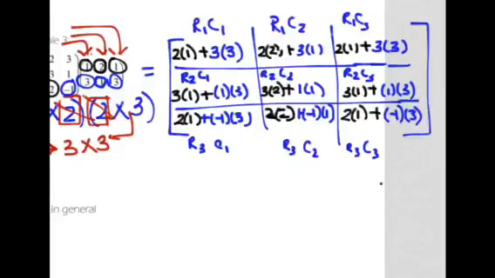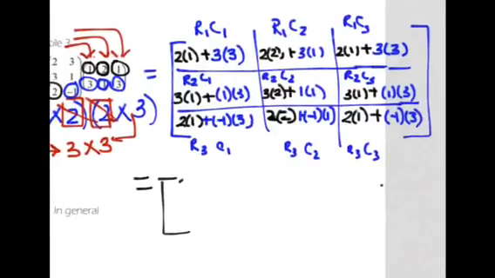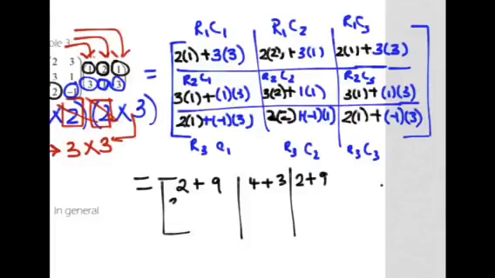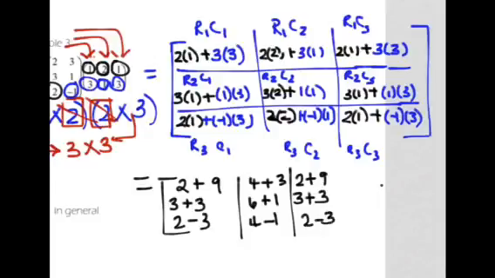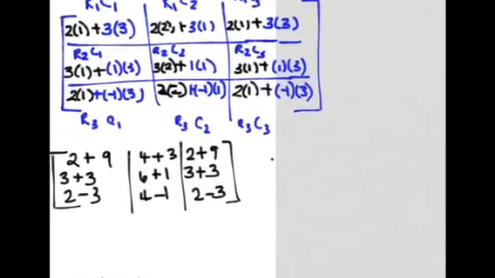Simplifying all of that, I may try to squeeze this in here. I don't think I can. 2 plus 9, 4 plus 3, 2 plus 9, 3 plus 3, 6 plus 1, 3 plus 3, 2 minus 3, 4 minus 1, 2 minus 3. And simplifying that further,